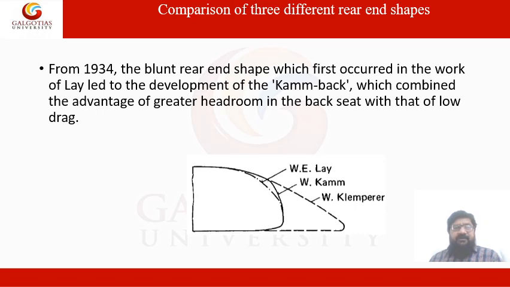They also compared the different rear end shapes. By comparing the results and the effect of flow interactions at the rear end by employing different configurations of the rear end, technicians, technologists, and scientists developed a camback type of profile at the rear end, in which the rear end shape was designed to produce a low pressure wake, and which also combined the advantage of greater space at the back seat, and which gave a low drag coefficient.